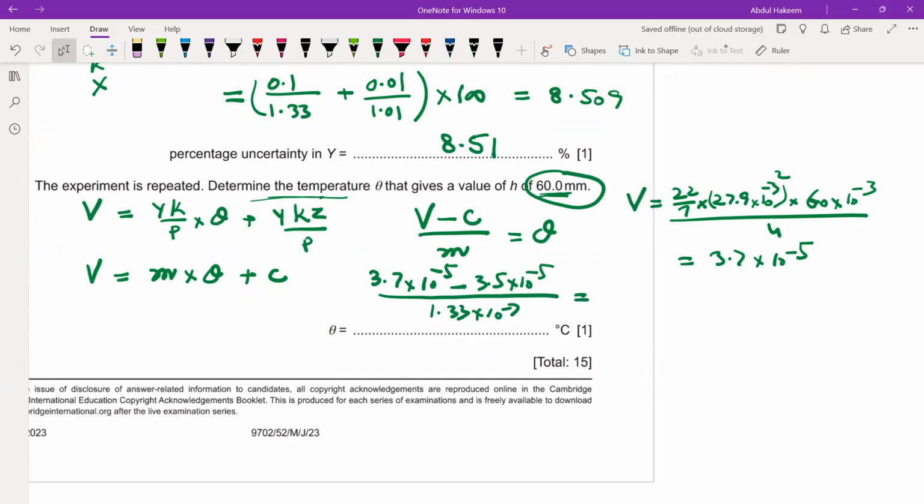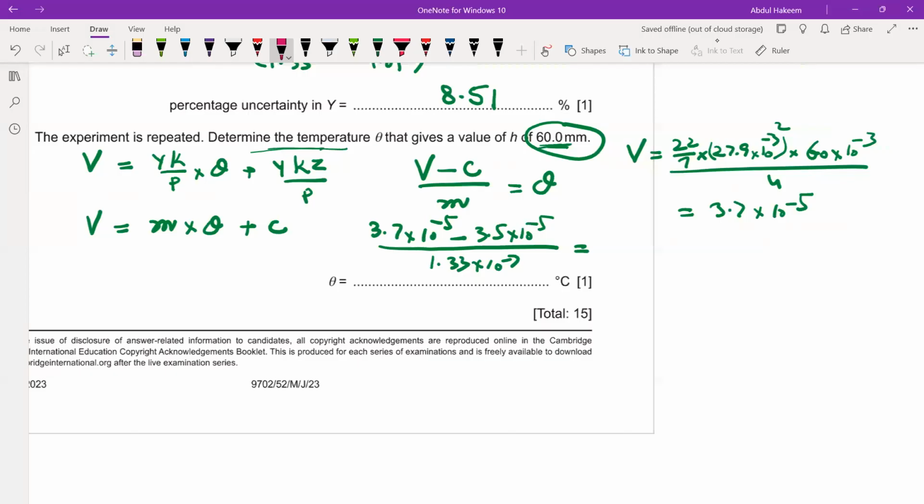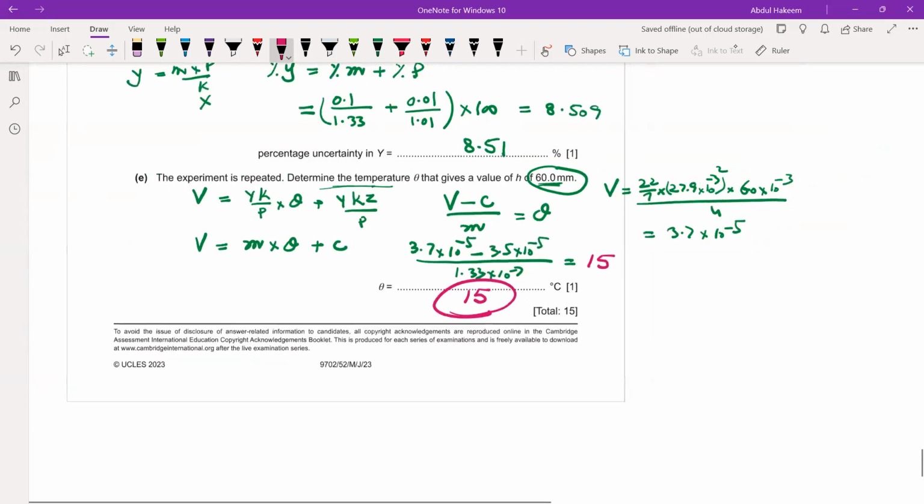Now you have to calculate this. After calculation, the answer is coming 15. So the answer is 15 degrees Celsius. So this is the temperature. So this is May, June 2023, paper 5-2, question number